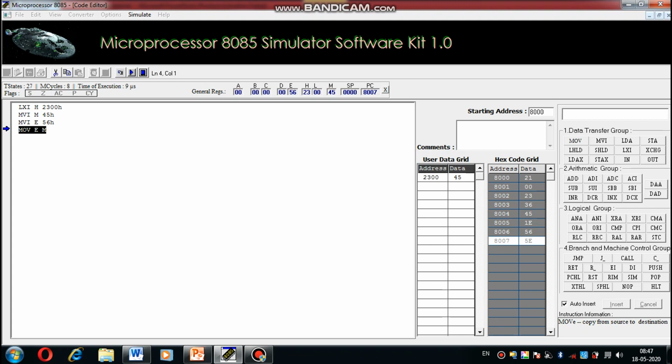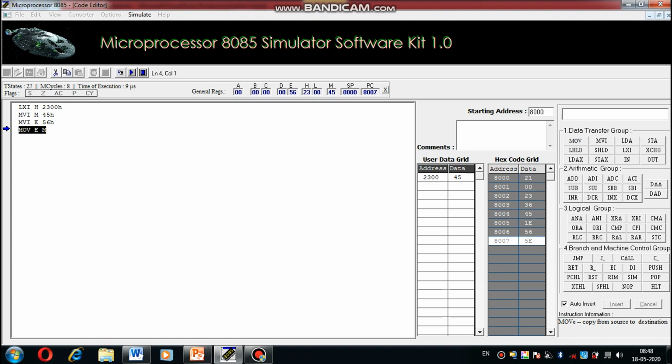Whenever I execute our instruction MOV E, M, what can I say here? M is the memory register addressed by HL, and in the example the HL location is 2300H. In that location is 45H data, and that data is copied to the E register.